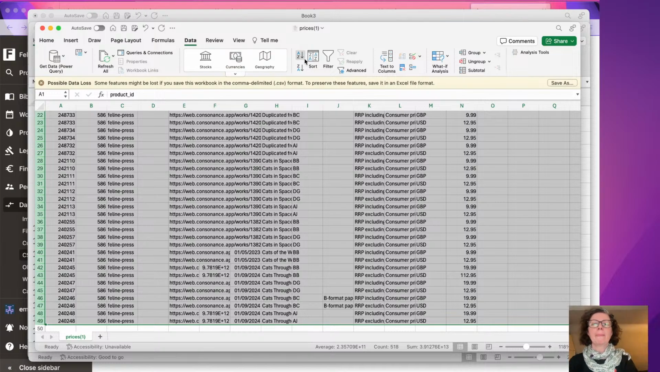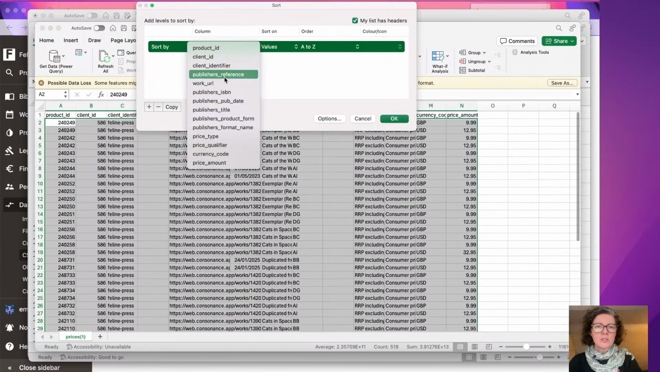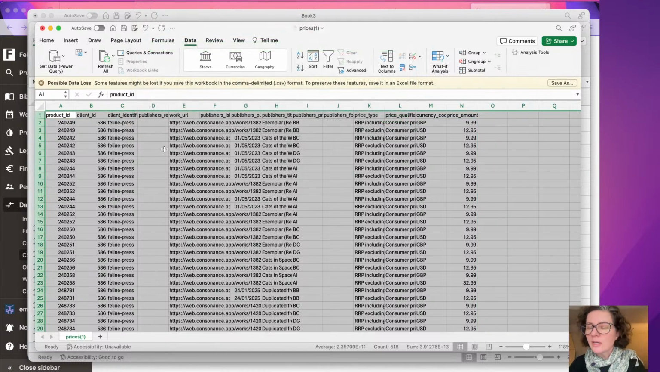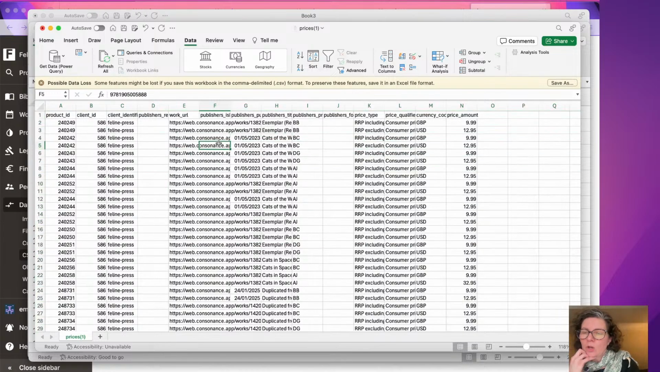Anything is possible. So what am I going to do? I'm going to sort by publisher's ISBN. I'm going to click OK. Actually, I should just pause on that and say these are self-service options that we're talking about here. These are self-service